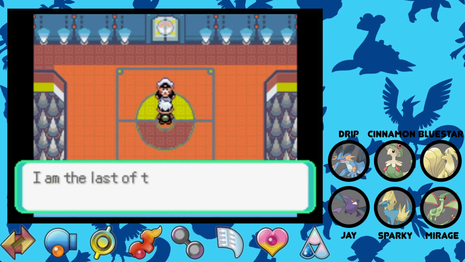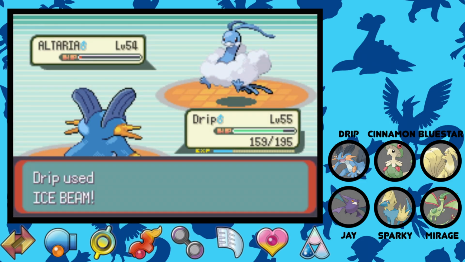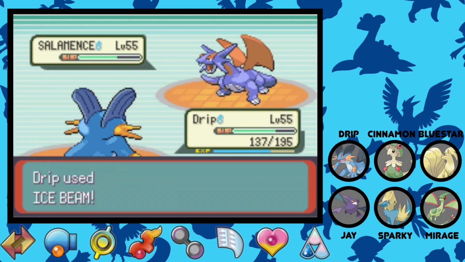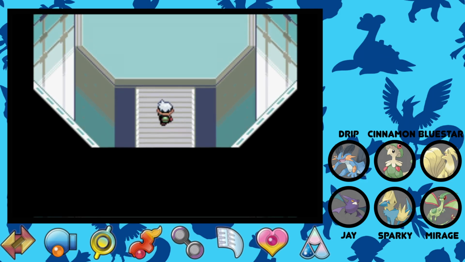The last Elite Four member is Drake, the Dragon type specialist. Drip Ice Beam sweeps Drake's Shelgon, Altaria, Flygon, and Salamence while Mirage takes out his Kingdra. With the Elite Four defeated, I heal my team and make my way to the Champion's Room, where Wallace is